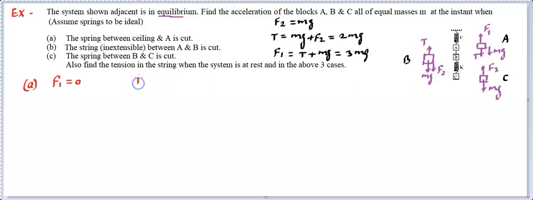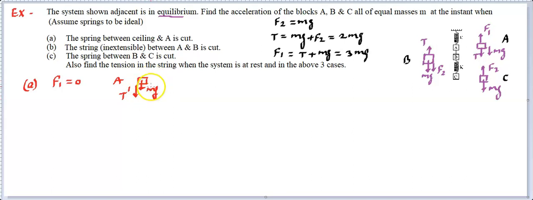You'll find A will appear like this. It will have mg force downside. What about this tension? Now this tension will reduce. Definitely it might reduce, or in fact you can say it might become 0. So there can be n cases, right? So we can think of this tension as changed, and let's say the new tension is T dash, and that's why it's asking to find the tension in the string in all cases, right? So let's say the tension, if at all it is going to be there, is going to be downside, and it's T dash.